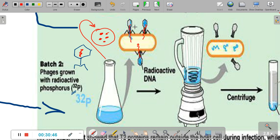and the experiment was run exactly in the same way as the first line of experiment, the one that we just saw. And after 20 minutes, when the entire radioactive DNA was inside the cell, when infection had completely taken place and the shells outside were empty, the entire content was transferred to this Waring blender, and the blender was started. And because of the shearing forces, what happened again? The same thing. The shells went off. They got detached from the surface of the E. coli bacteria, and then we got this slurry. After a certain period of blending, we stopped it. We transferred the entire solution into a tube, and the tube was really cloudy,